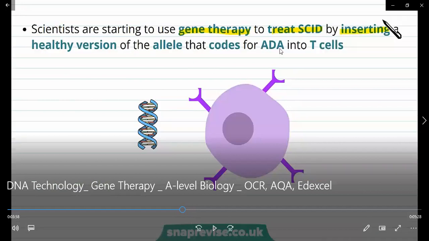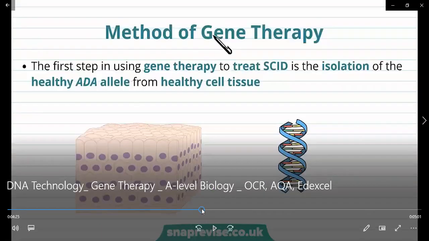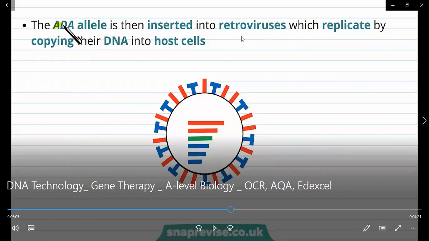Then it worked to some extent, didn't work to some extent. So then they said, all right, why don't we try injecting the gene for the enzyme in the actual T cells themselves? So that's what they ended up trying, with the gene therapy. So then they had to figure out how they were going to get the gene into the cell of interest. So first they had to isolate the gene from the healthy tissue, and then they needed to get the gene into the cell. So they figured out that the best vector that they could use to get the gene into the cell would be to use a virus, a retrovirus.